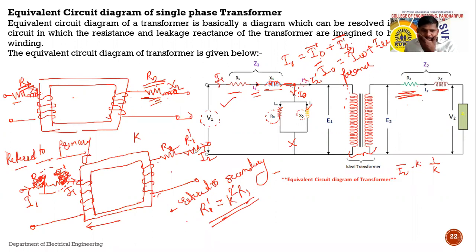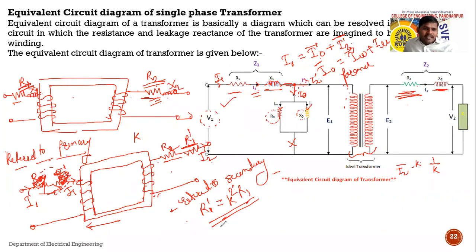Yes, sir. Okay. Referred to secondary is nothing but the primary value transferred into the secondary side, where we want to find the equivalent parameter at the secondary side, whether it may be resistance, reactance, or impedance. While transferring, we represent it with a dash. The copper loss at both sides remains the same. This is the principle while equating this value.